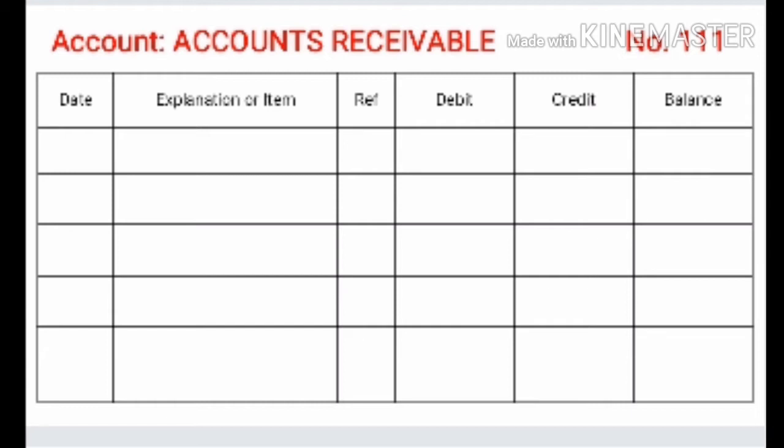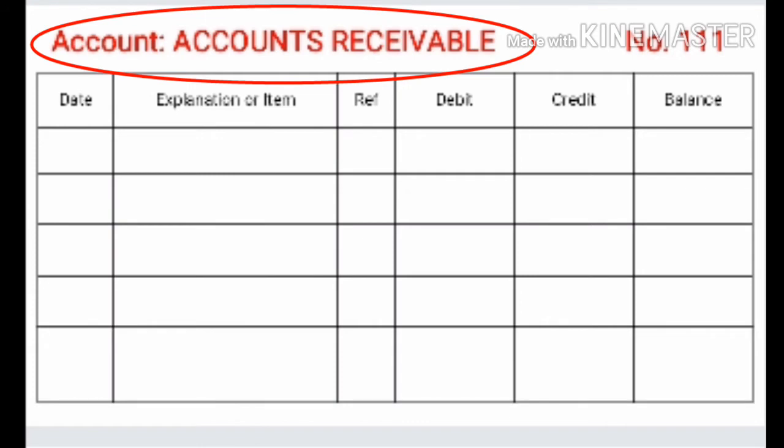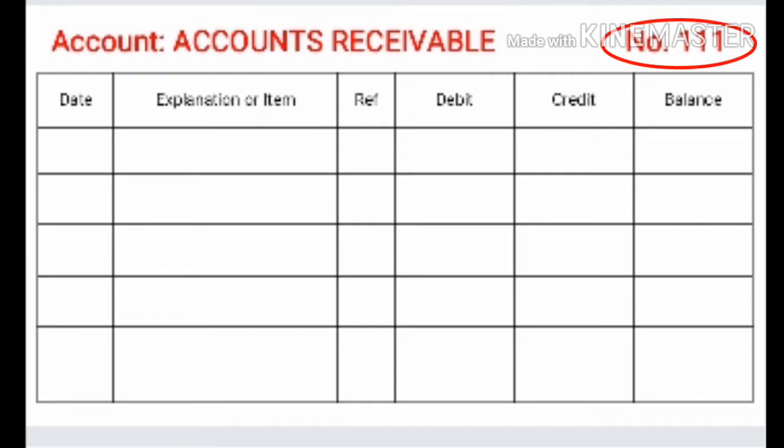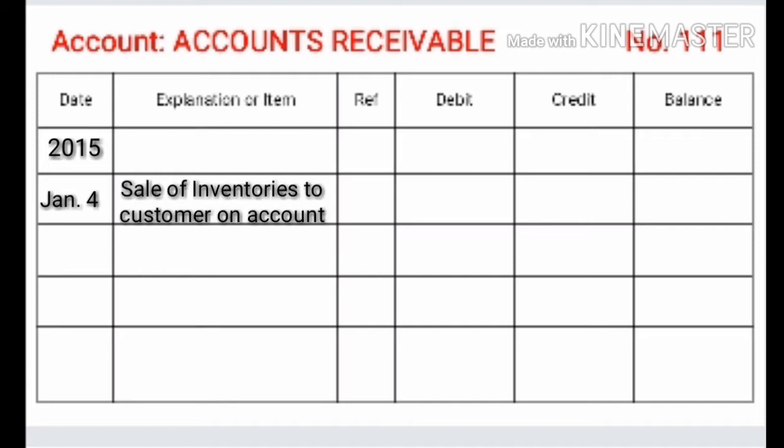These are the parts of general ledger. First is the account portion, which refers to the account title. For example, cash and accounts receivable. Second is the account number, which is an assigned number for each account title to facilitate ease in recording and cross-referencing. Then the date column identifies when the transaction happened. The fourth is the item, which represents the source journal and the nature of transaction. Then the reference,